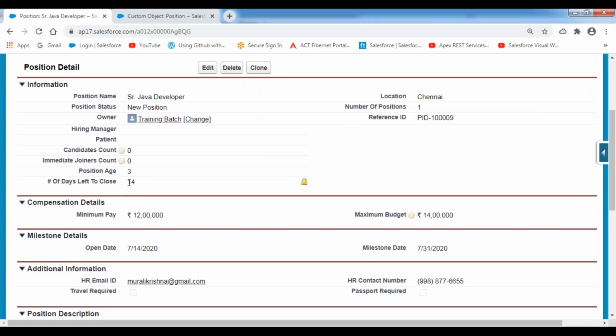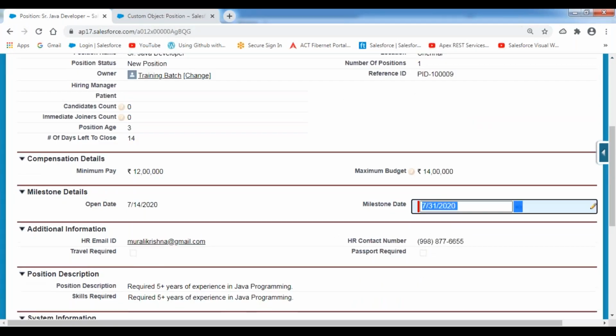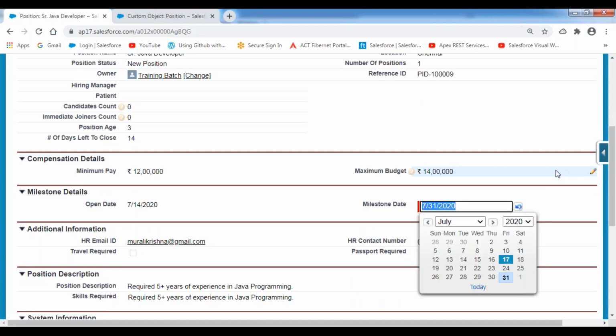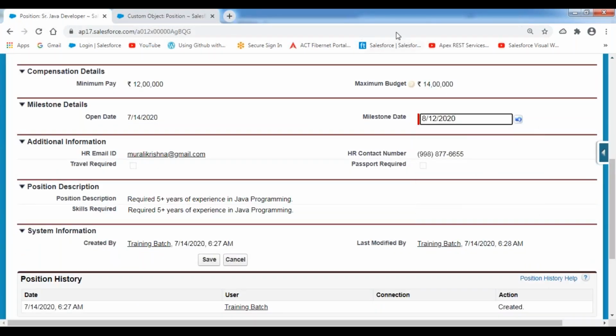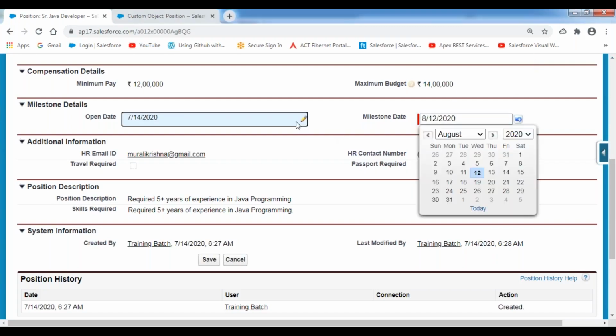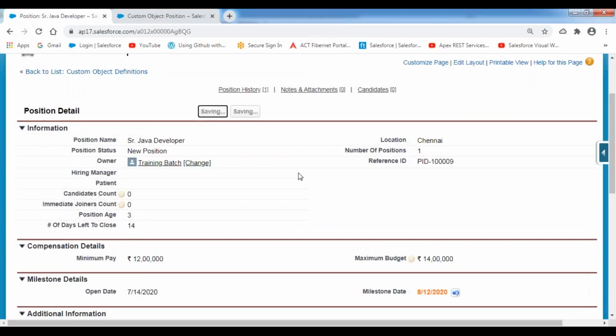So based on this number of days, we can identify and take some action plan as an HR person. Suppose, for example, I change this milestone date to August 12th. Save this one.